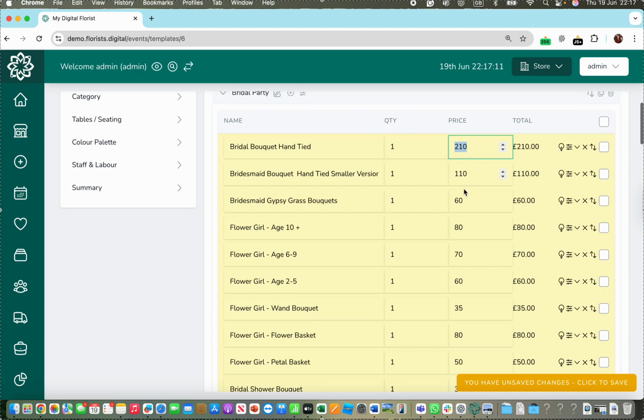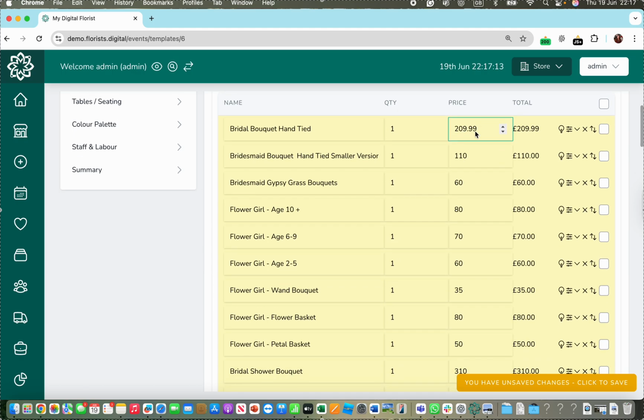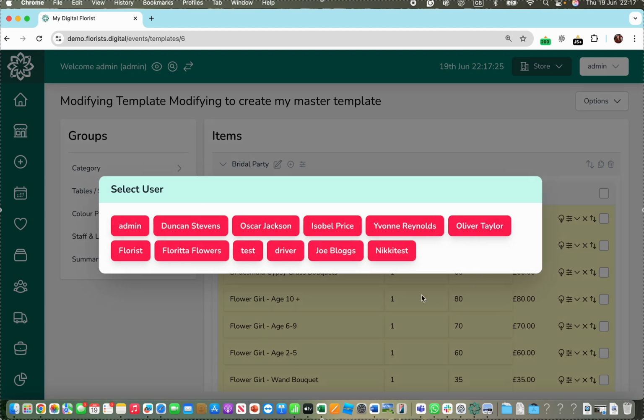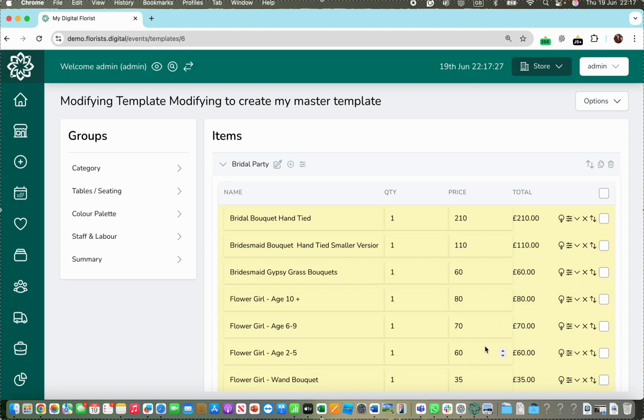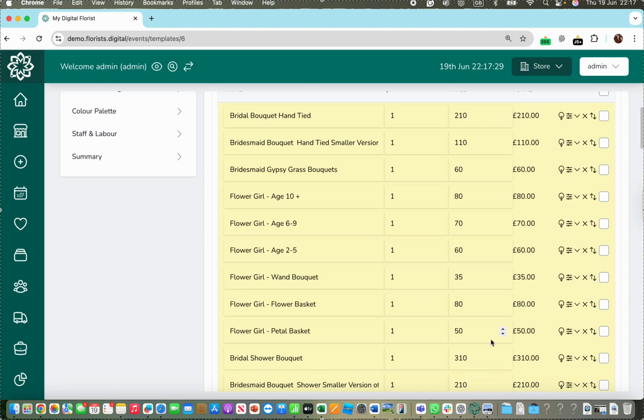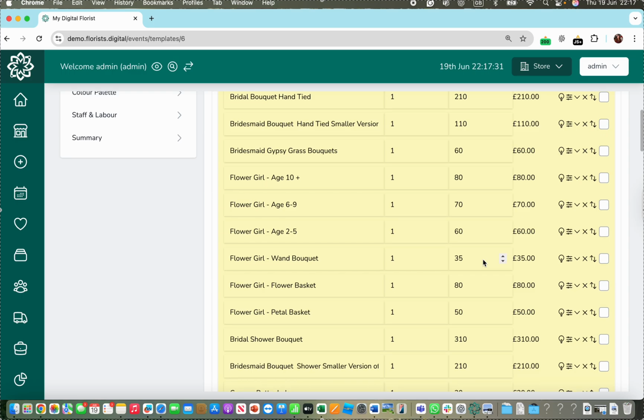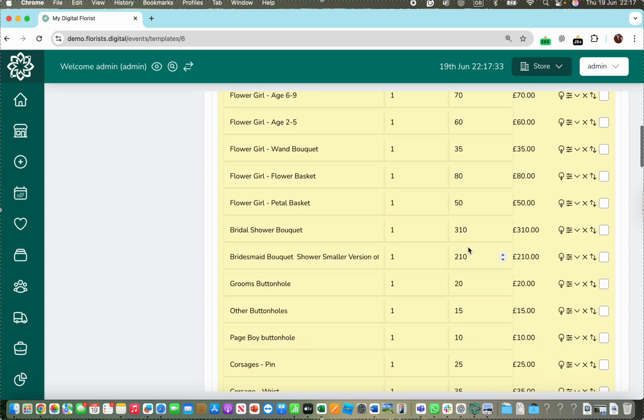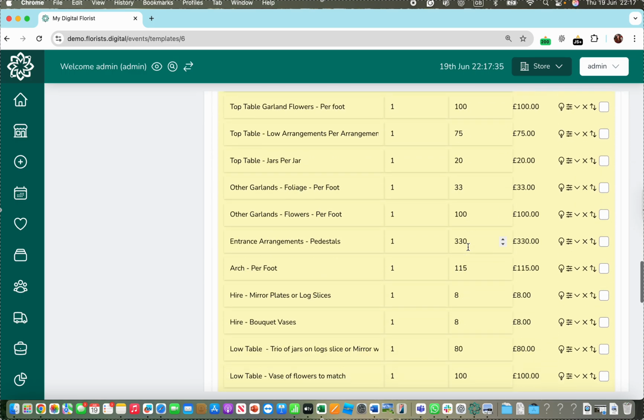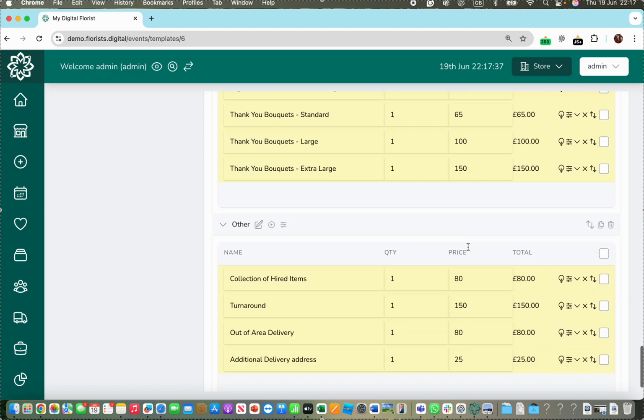So what I would suggest is you go through everything on the template and change it to prices that you're comfortable with. If you're happy going with them and rolling with that, that's also fine. When you make changes, just every now and again save it, so if you navigate away from it you don't lose any of the stuff you've done. So the first job is to go through and make sure you're happy with all the prices. Once you've done that,